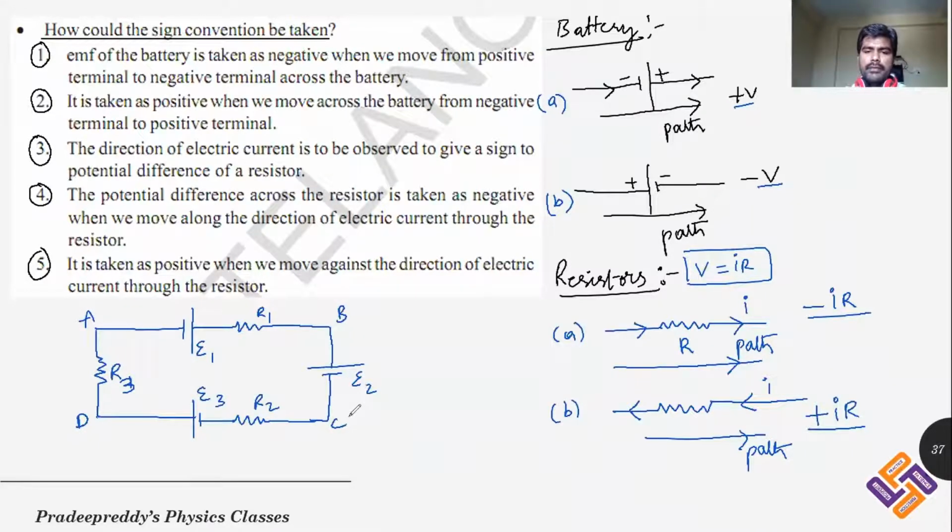And when you are using Kirchhoff voltage law, start from any one particular point. Like you can take A or B or C or D, any one point you take. Start from A and you mark the path you are traveling in this direction, irrespective of the current. Current can go in any direction. E1 may be greater or E2 may be greater, E3 may be greater. Current can be in any direction. Choose one particular point and draw the path of the current. Now I am considering that this is the path of the current flow.